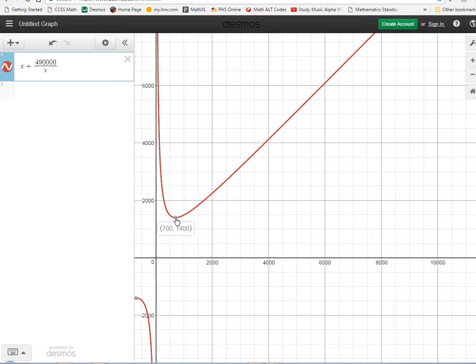So what is going to be the value of X? 700. So based on that picture, the length of the pasture parallel to the river should be 700. What's the amount of fencing I'm going to need to make this pasture then? 1,400, right? Because aren't I graphing P of X, right? I'm graphing my perimeter function as a function of X. You see that? And so now I've got, look at that, that's pretty cool. Now it gave me the point, gave me the minimum. And so if I want to know what the dimensions are, okay, the length is going to be 700. I can just go back to